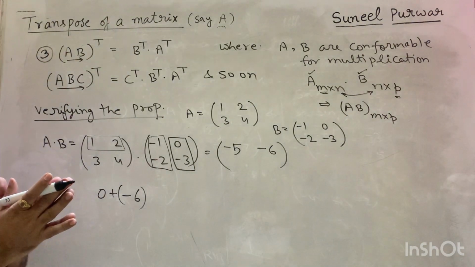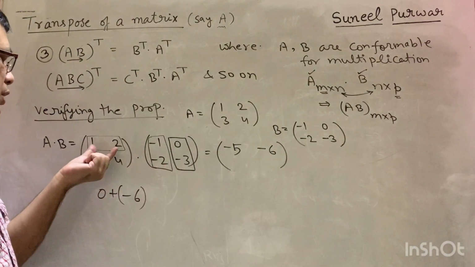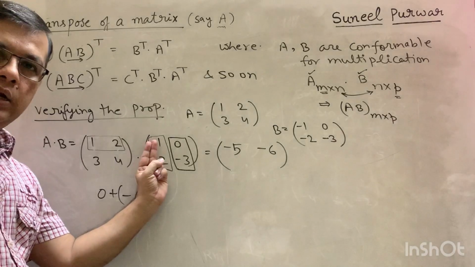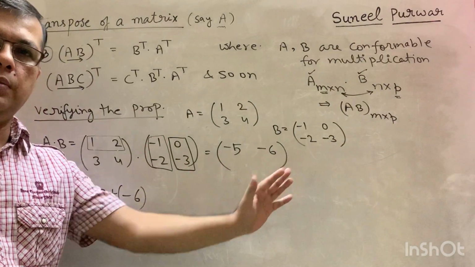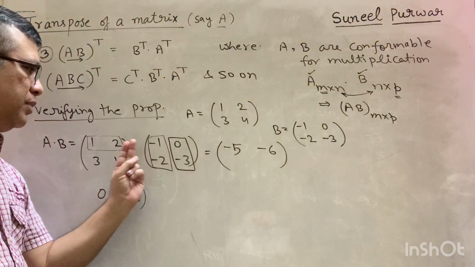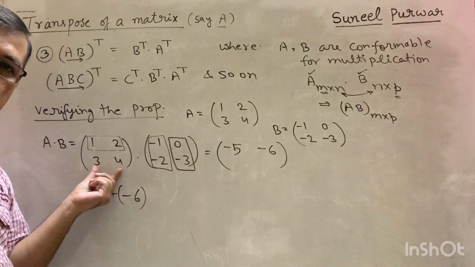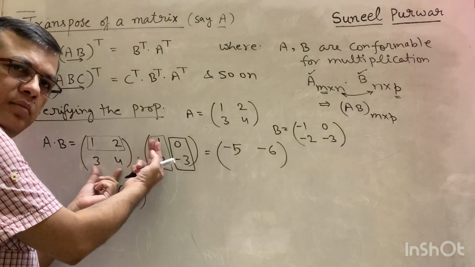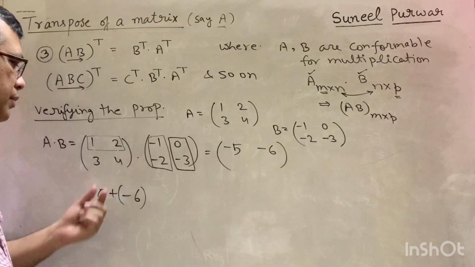I hope you must have got in good touch with matrix multiplication with this revision. Okay, what you do? You take the first row and then you multiply with the corresponding elements of first column, then second column, and so on. Okay, once all the columns are exhausted, when we have multiplied with all the columns, then we go to the second row and repeat the process again in a similar way. First taking first column, then second column, and so on. Okay, so continue.